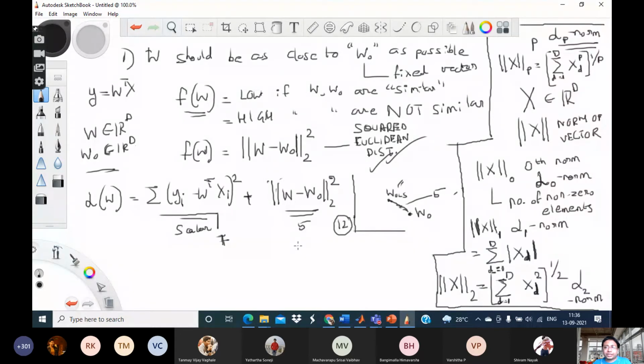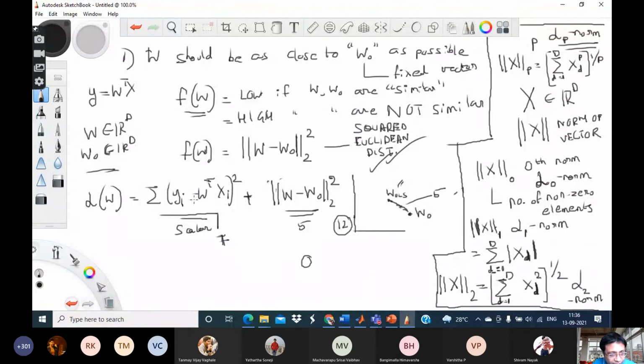So obviously if I just put W equal to W naught, then I will get a loss of 0 here. Okay. So instead of considering WOLS, let me consider just W equal to W naught and make my predictions using that. Let me see what is the least square error I obtain by the new set of predictions.